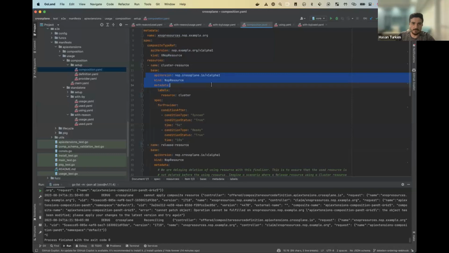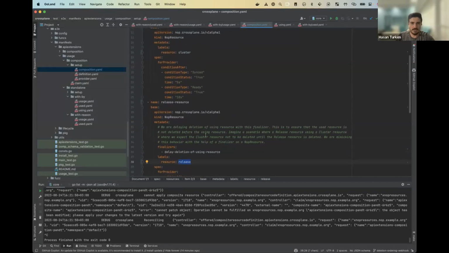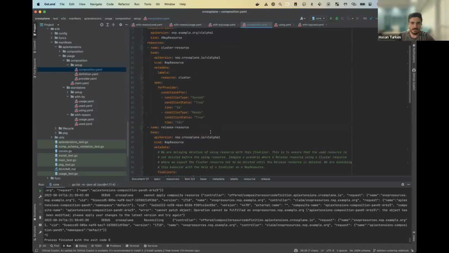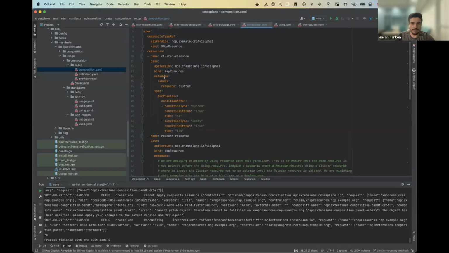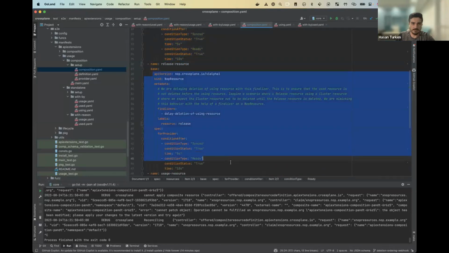I'm still using the node resource, but labeling the resource as cluster or release to better represent the behavior. This one is representing the cluster resource, and this one is representing the release resource.